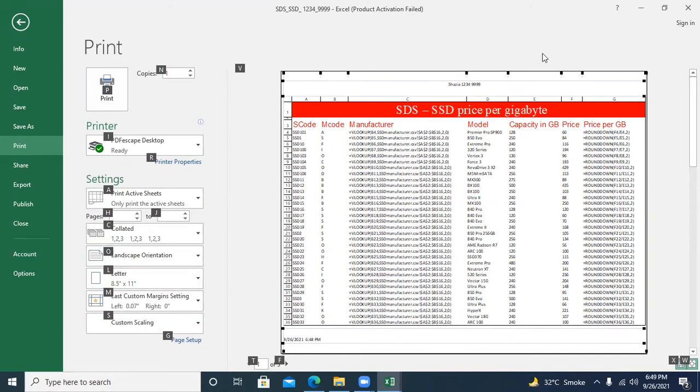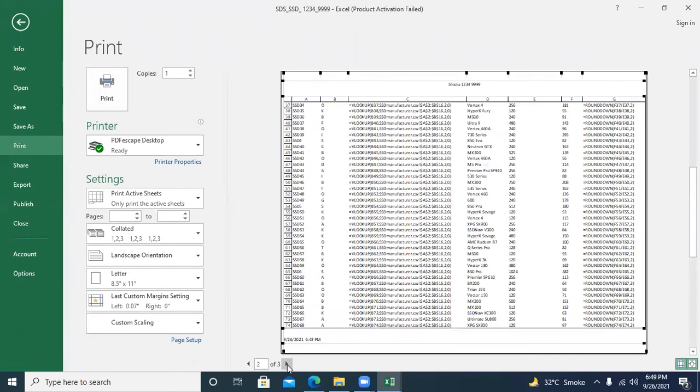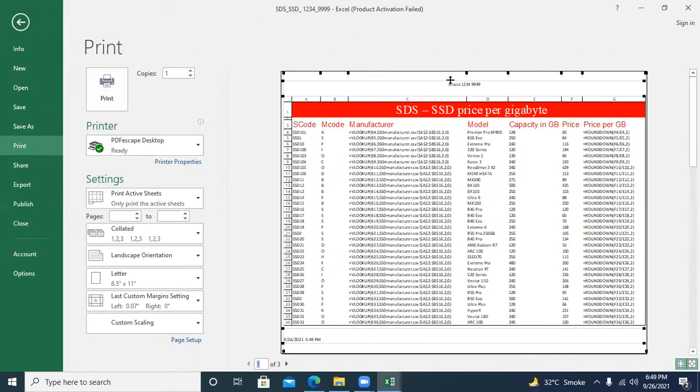Go back and see here, it's page 1, page 2 and page 3. Now your header and footer are also appearing on the top. So go and save the data model.